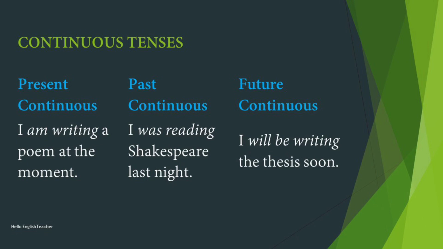The next one is the past continuous. What is the meaning of past continuous? It is talking about an action that was in the past, that was continuous. Some action was going on and there was an interruption in the middle. That is called past continuous. Let us look at some of the examples.